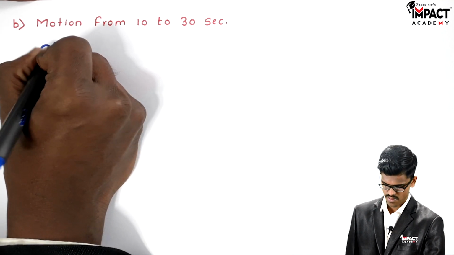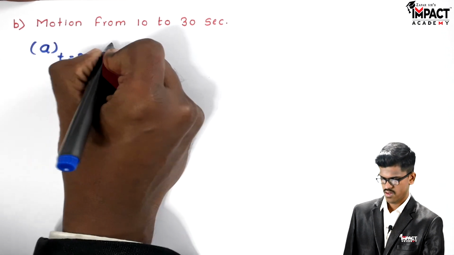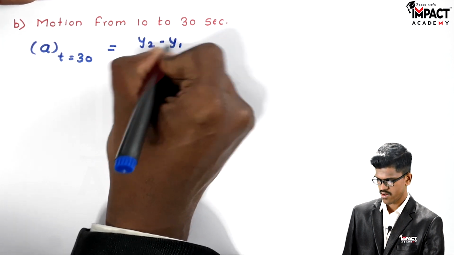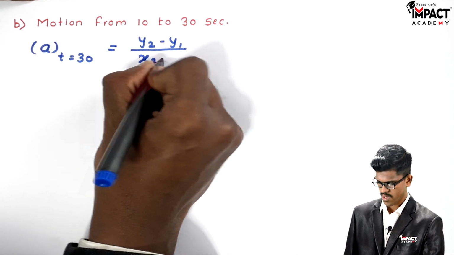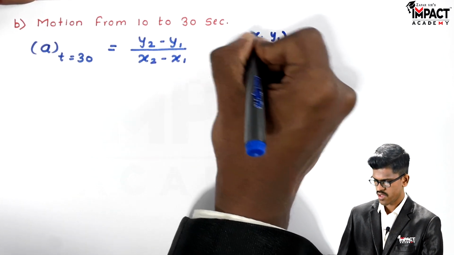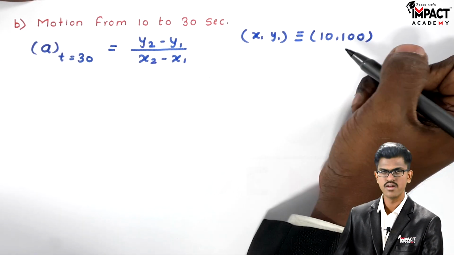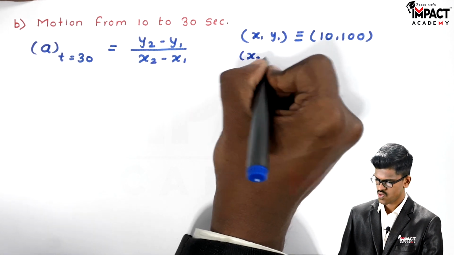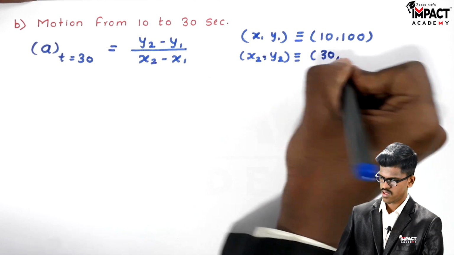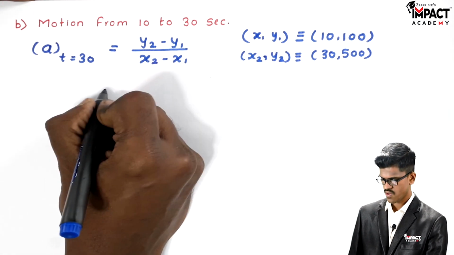So the acceleration at t equal to 30, we use the two-point form, that is (y2 minus y1) divided by (x2 minus x1). So here (x1, y1) is (10, 100) and (x2, y2) is (30, 500). Okay, just substitute here, we get